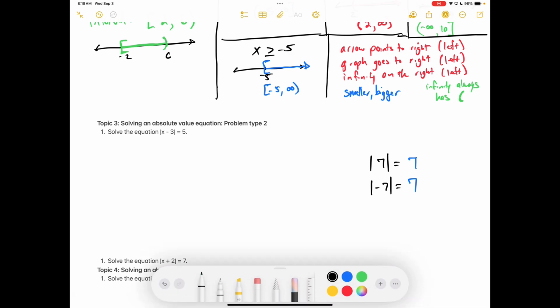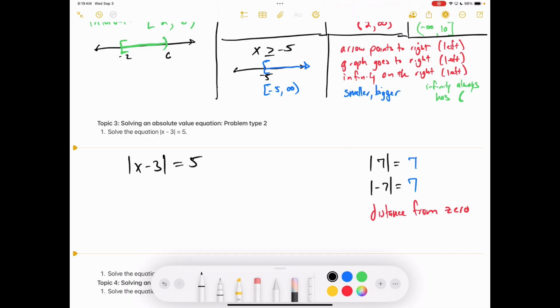The technical definition, or the mathematical definition, is the distance from zero. So if we're looking at a number line, how far it is from zero. But for our intents and purposes, it always turns it positive. But like I said, you have two different things here that equal the same thing on the right side. So you have to account for the positive and the negative. So on this equation right here,